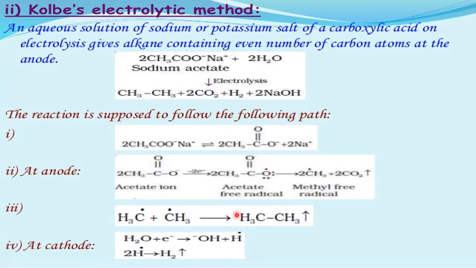Now what happens here? Water accepts the electron given by the anode. After accepting, it becomes OH minus and H plus, but H plus after accepting an electron becomes the H free radical. Like that, 2H free radicals become the H2 gas, as shown here. And 2NaOH: OH is left free, Na is left free, so these two will combine and become NaOH. So this is the main reaction, and how it has happened is shown here. Please go through it. If it is not understood, we'll discuss once again.